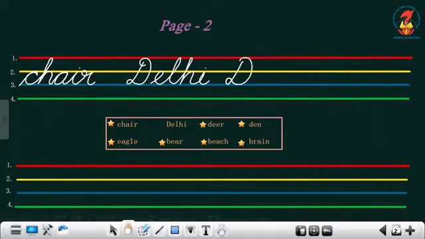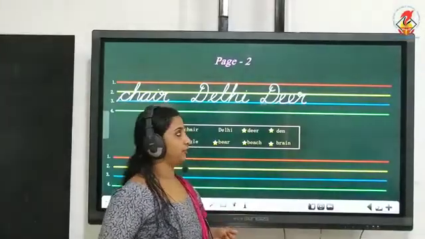D, make the loop, go up, there's your D, that's deer. You have to write two E's, touching the yellow and the blue, and make a loop for R. You have to make the loop for R, and there's a formation D-E-E-R, deer.